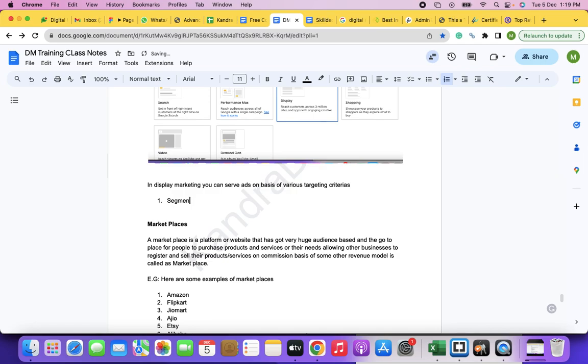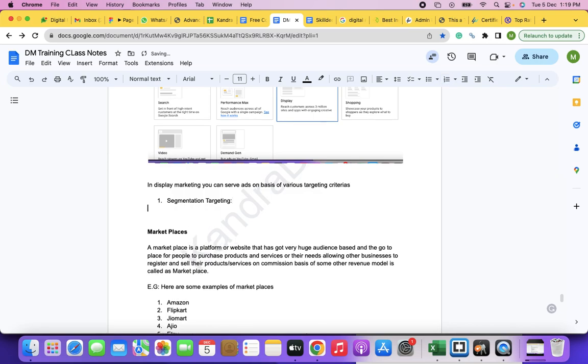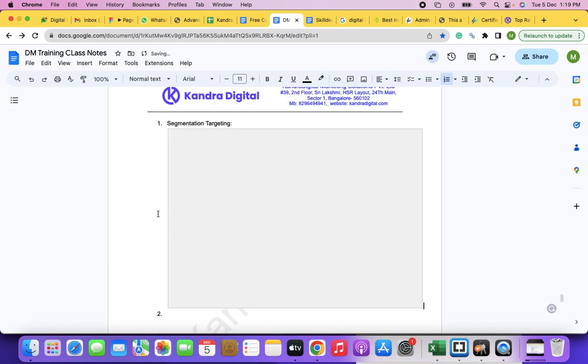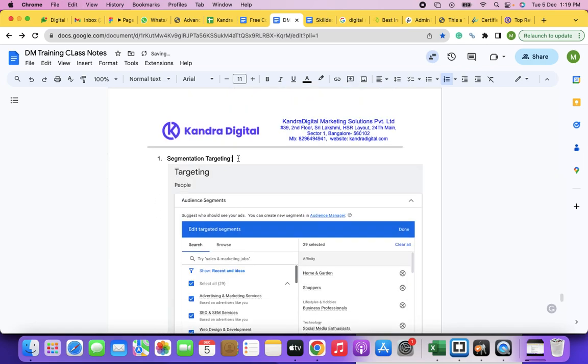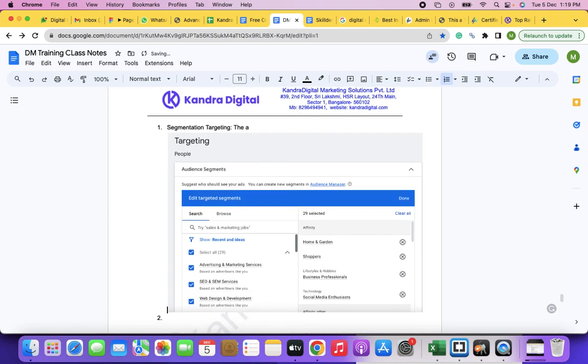Segmentation targeting. So the audience can be targeted based on the